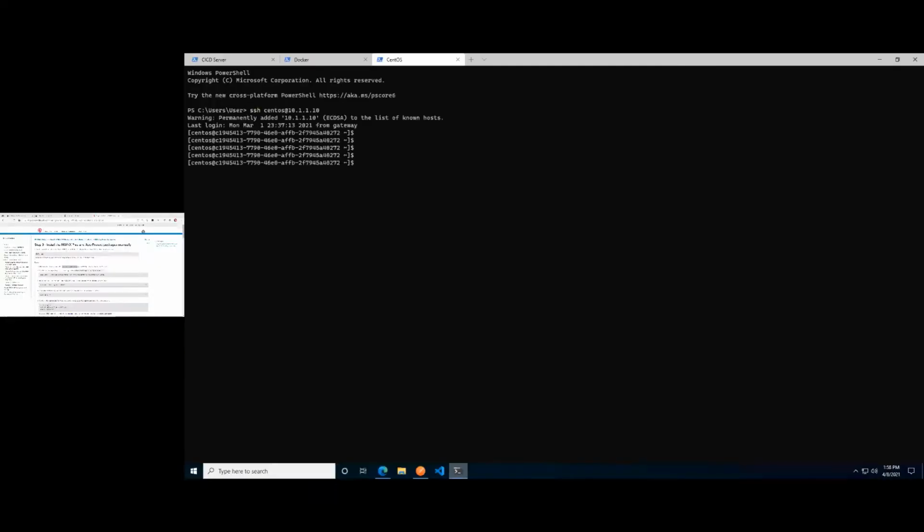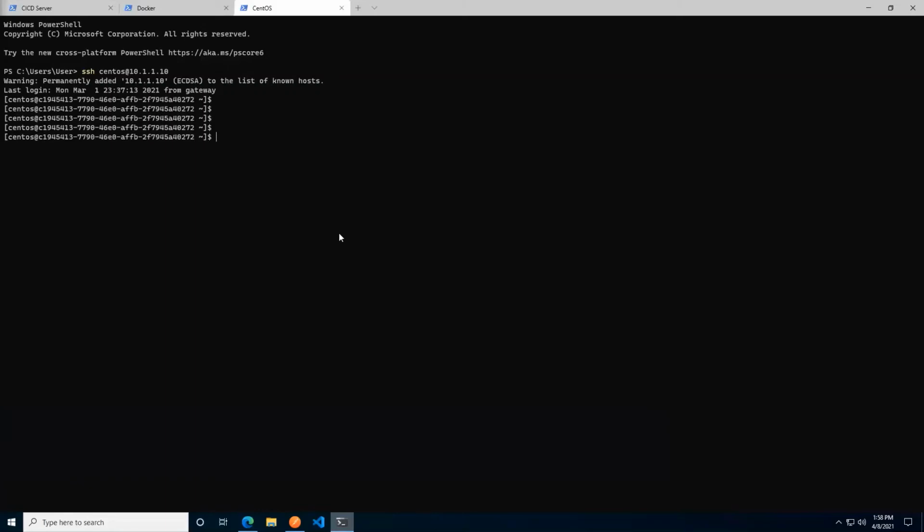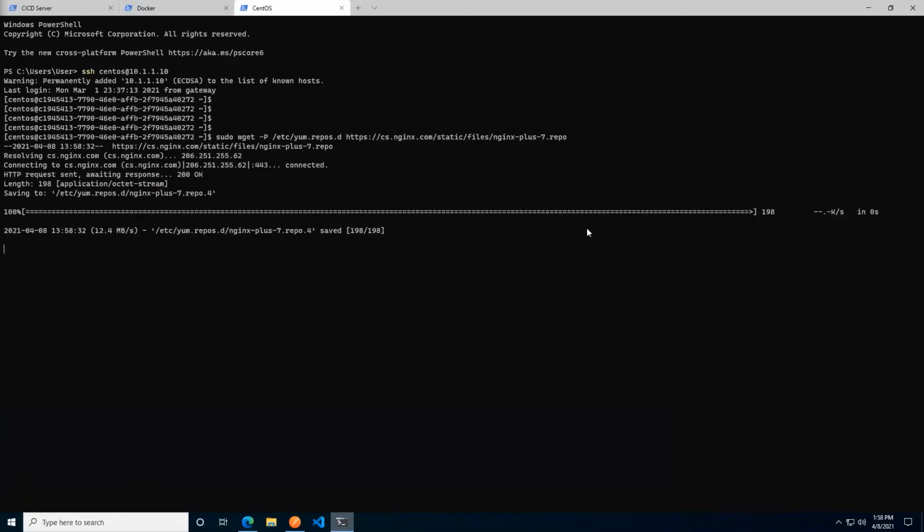If we remember from the lab guide, what we want to do first and foremost is to get the repository reference. We're doing that by simply running a wget command. I'll copy that in its entirety, and I'm going to go ahead and paste it here. There we go. So wget is simply fetching this file from a URL and saving it into a file locally. So I'll go ahead there, and it did indeed receive the file.